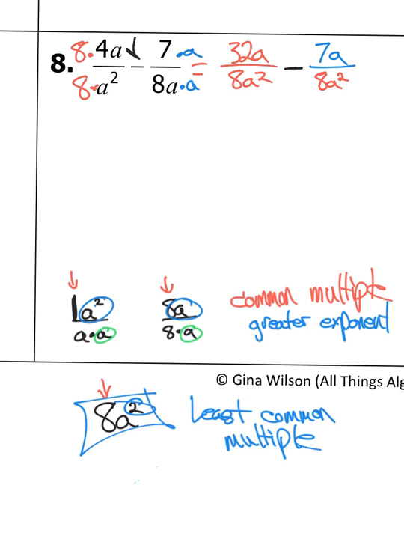One thing you have to remember is that there is subtraction going on between them. So now, since I have like denominators, I can subtract the numerators, and I would get 25a. Yep, they are like terms, so I can subtract them, over 8a squared. Hopefully what you see is that you can cross out one of the a's,